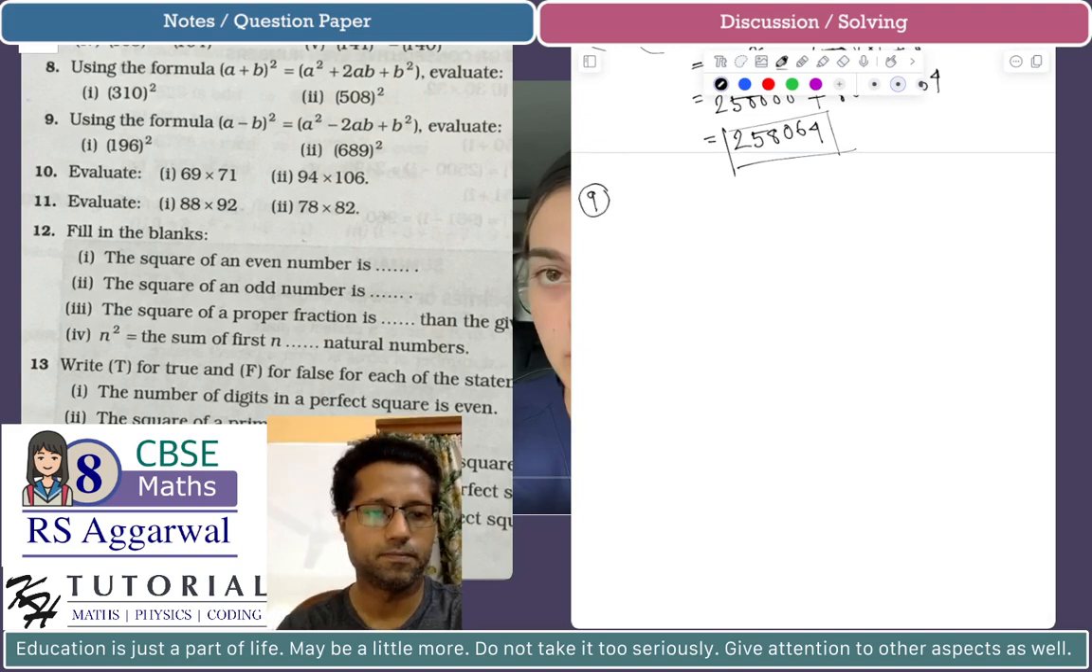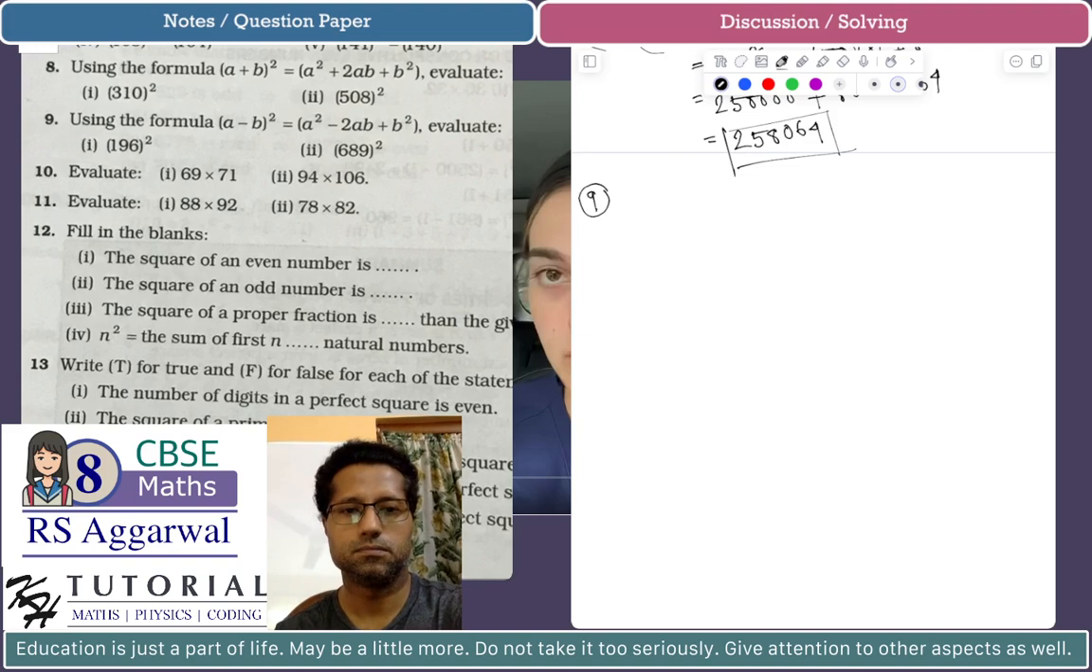Problem number 9. How many questions are there? 13. Problem number 9: using the formula (a minus b) whole square. Now we have to use the formula a minus b. It is all about wisely choosing a and b